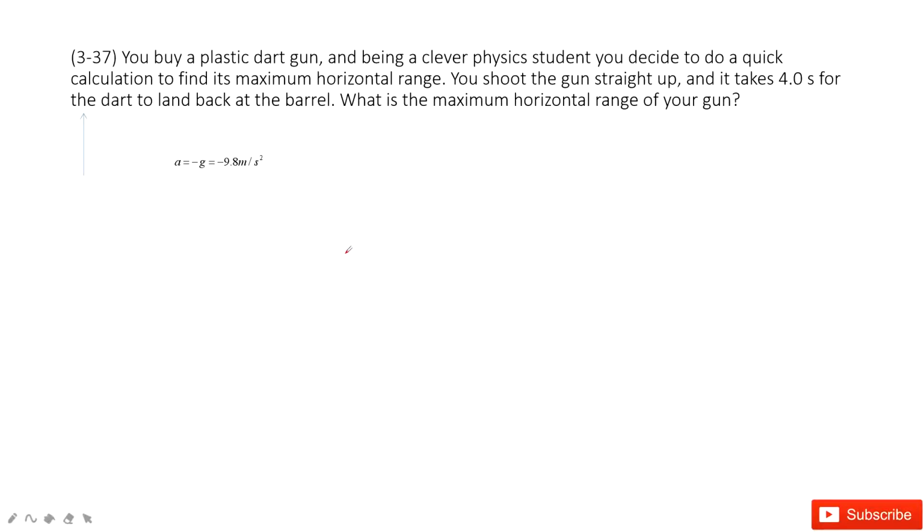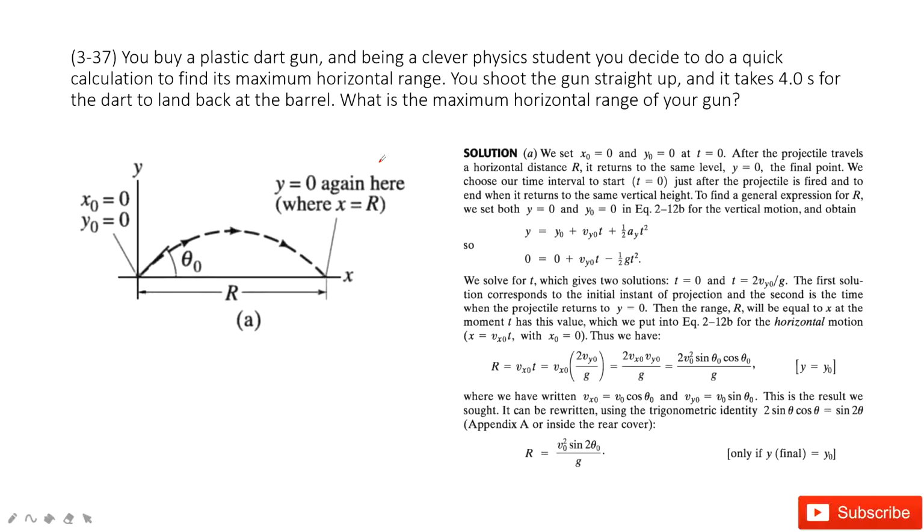Let's talk about problem 37 in chapter 3. In this one, you need to do a calculation to find the maximum of a horizontal range. So we will consider the maximum of the horizontal range. So this one is this one, right? So when you throw something,